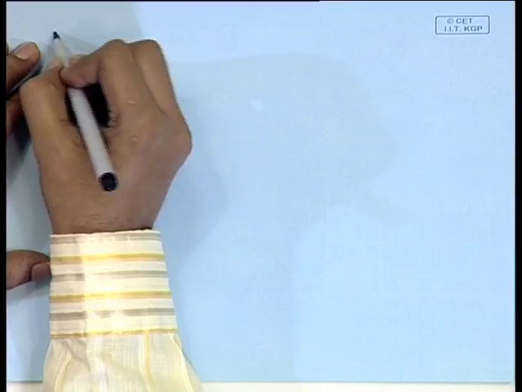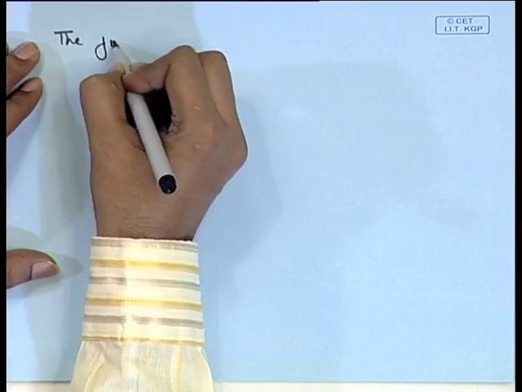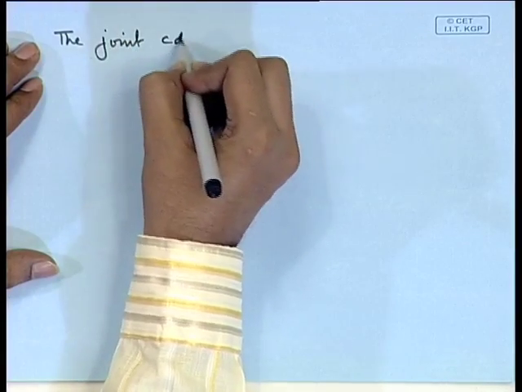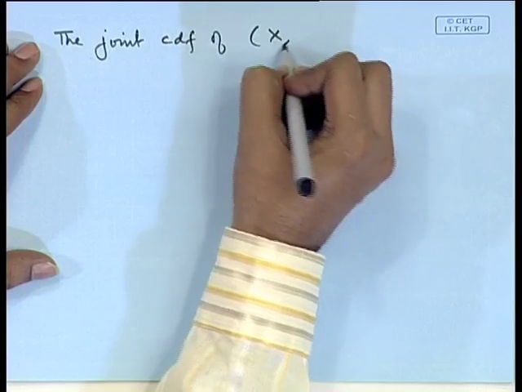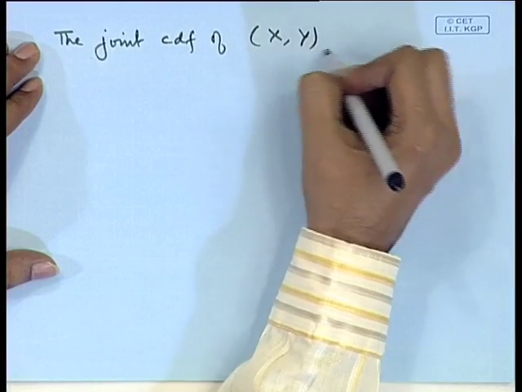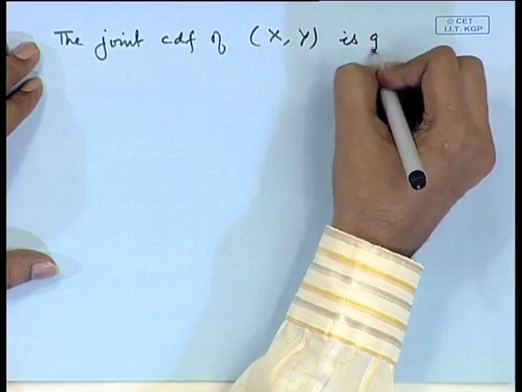So, first of all we introduce the joint CDF. So, the joint CDF of a bivariate random vector x y is given by